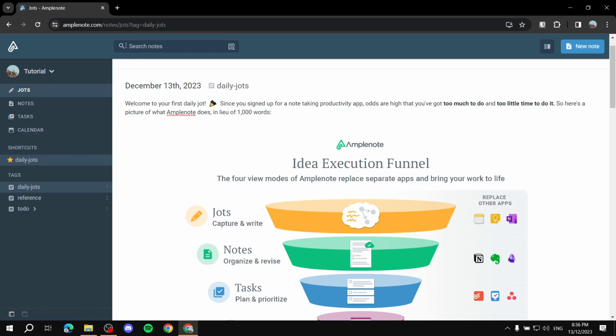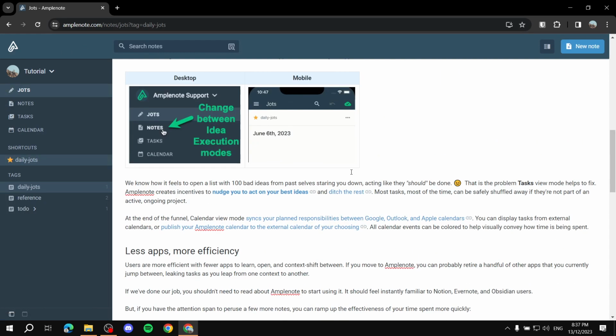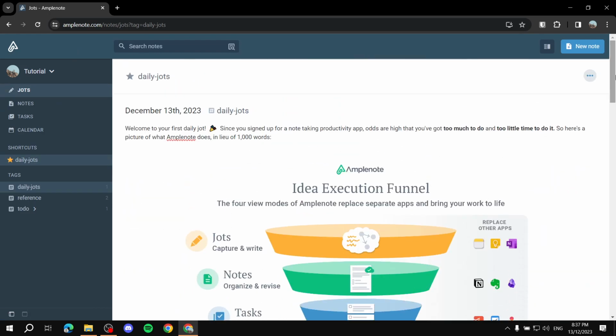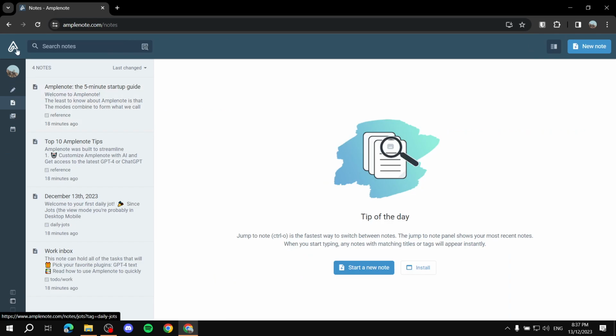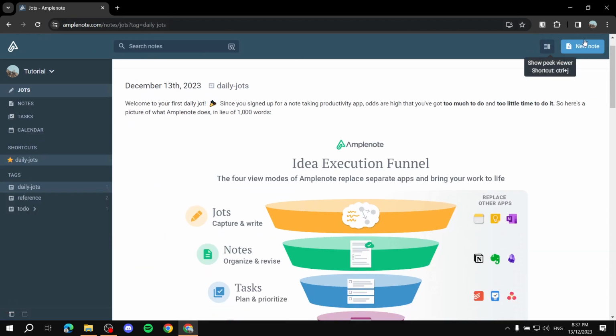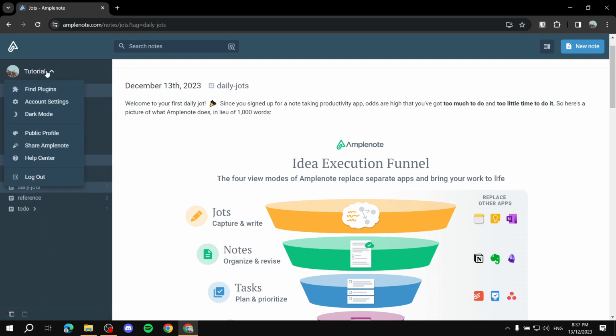Here is going to be the things that we talked about: jots, notes, tasks, that kind of stuff. But first, let's actually try to download the application to our desktop. This way, if we want to just have it in here, it's going to be much easier for us. So to do so, you simply just,